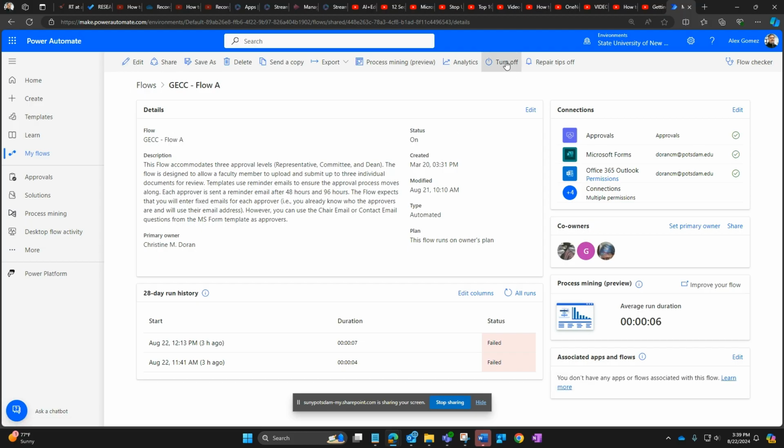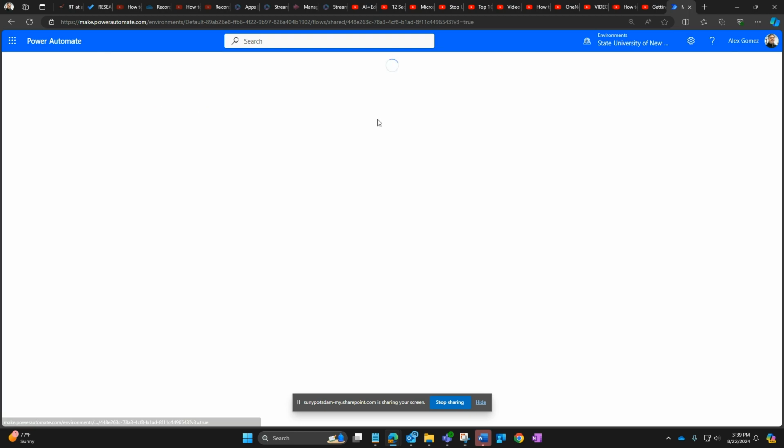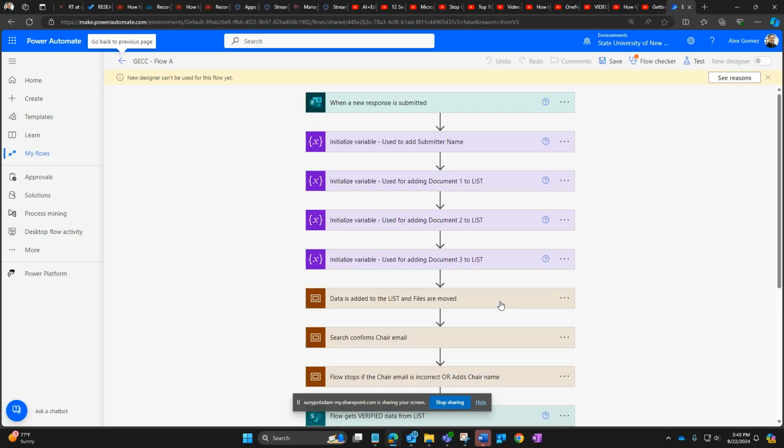I'm going to go ahead and turn this off before I make any changes. And then I'm going to select edit. And then for each one of those OneDrive actions, you need to tell the flow that you want to update the action. So the ones that we're looking for, I think, are going to be,